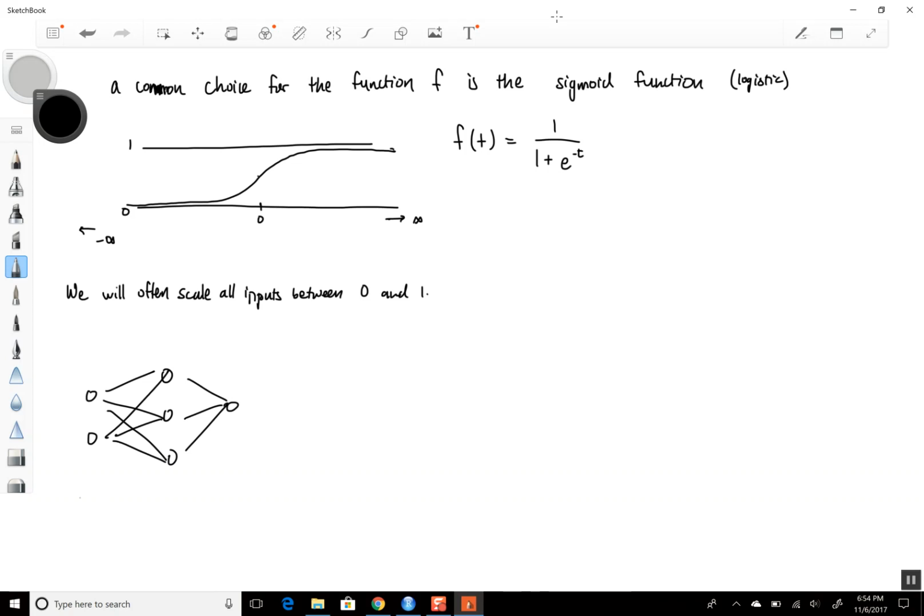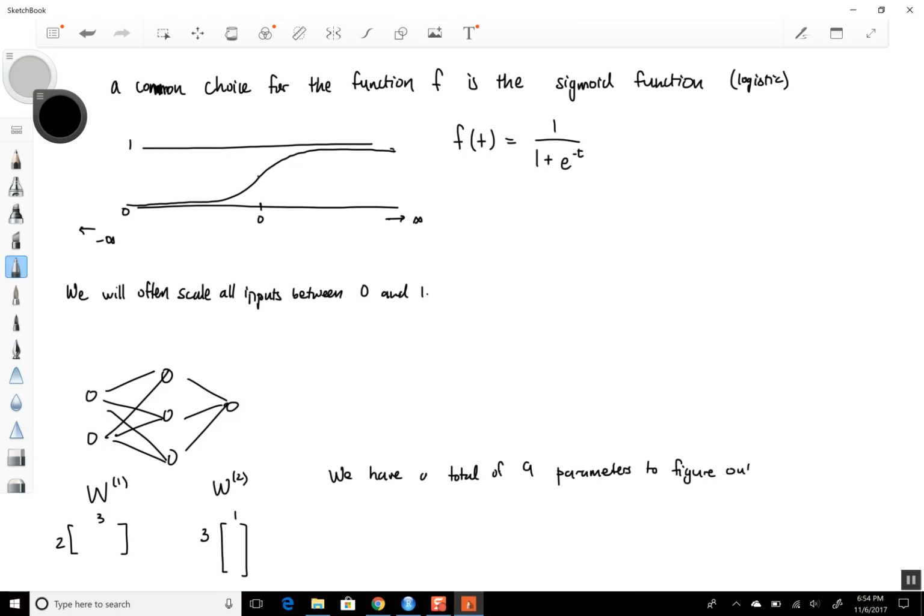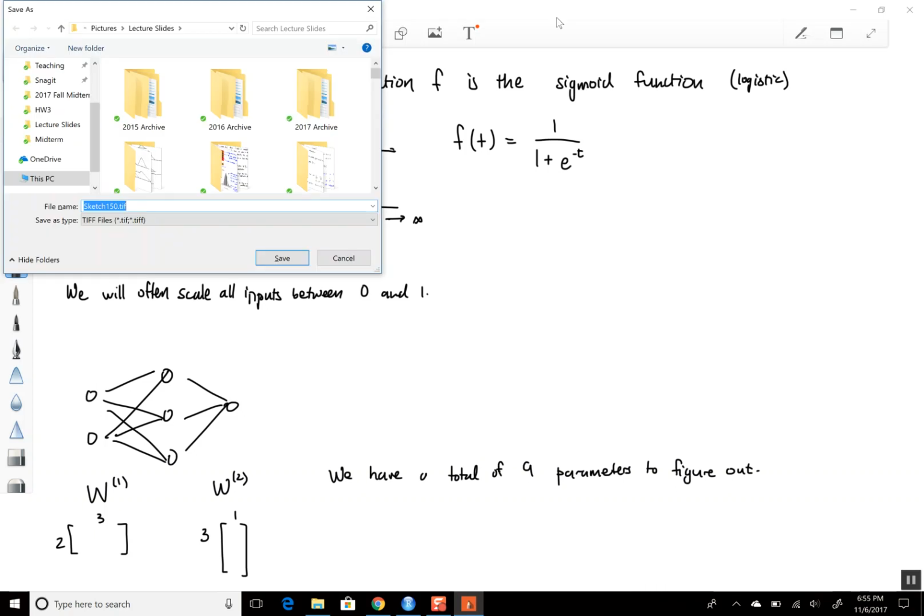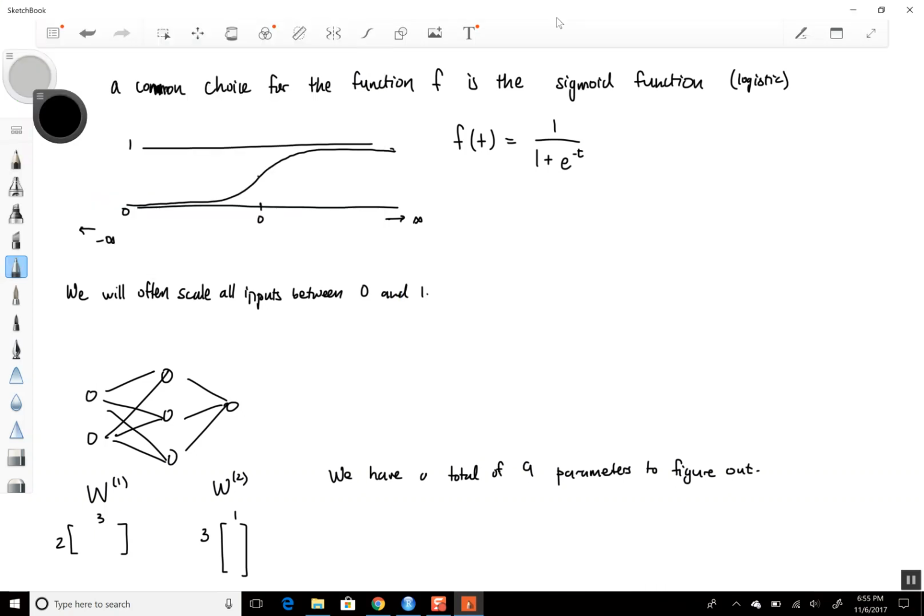So we have a weight matrix 1, which is 2 by 3. So we have 6 nodes here, and then weight matrix 2, which is 3 by 1. So we have a total of 9 parameters to figure out. So we're going to just try to figure out what 9 values to use that will give us the best performance